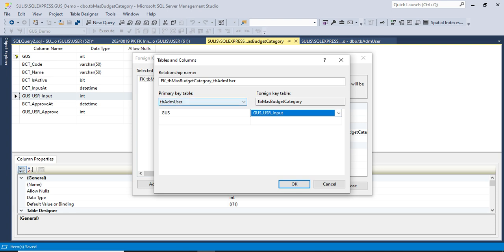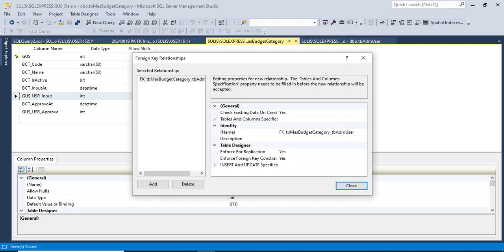Okay. This relationship means that field Goose in table ADM user is the primary key and field Goose USR input is the foreign key in table master budget category.